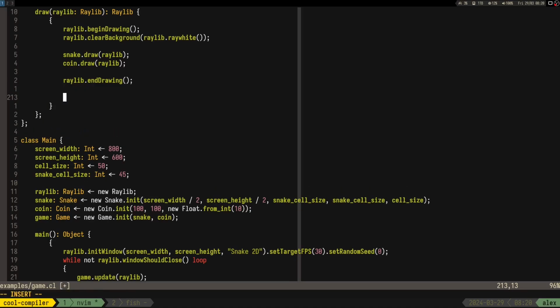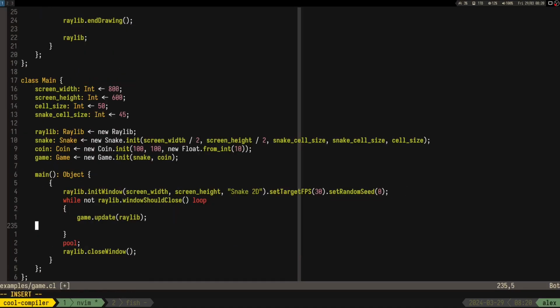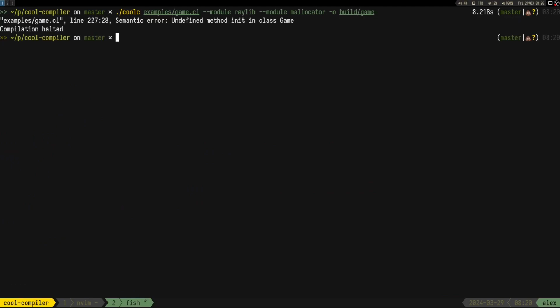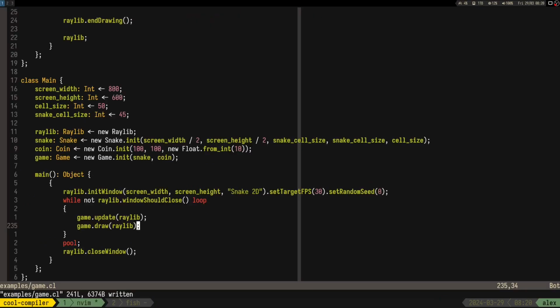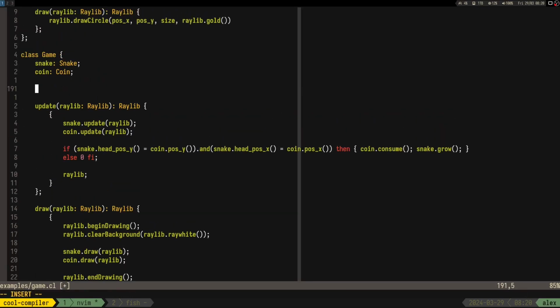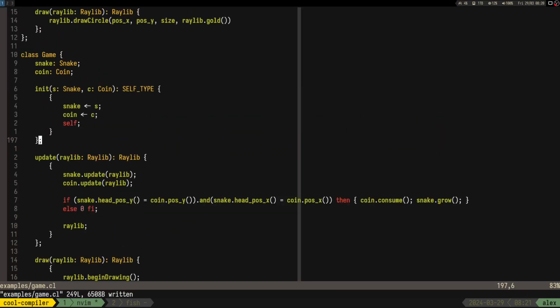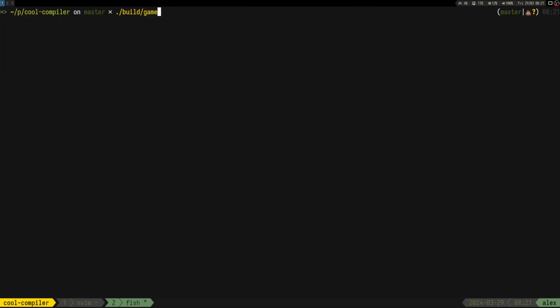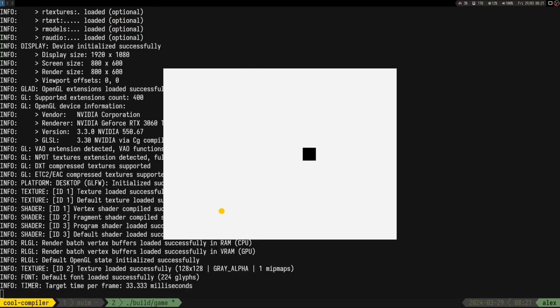Right, let's just do everything, I guess. Game draw. There is no init. There is really not an init. I really like how Copilot already learned the language from